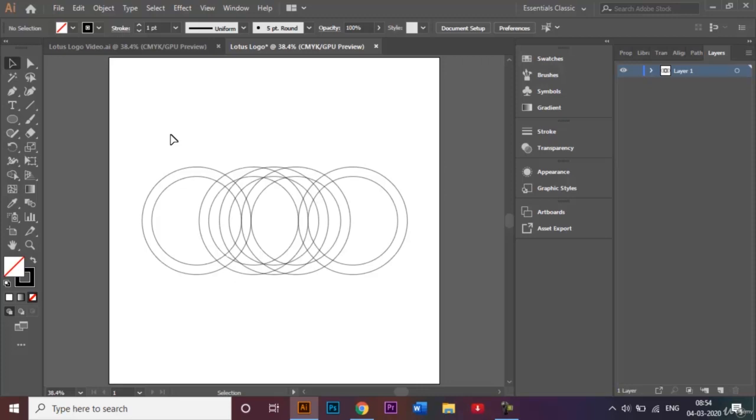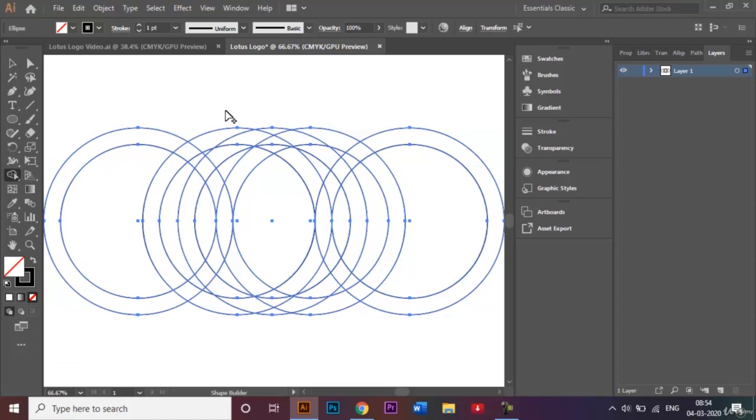These circles will be acting as a guide now. So what I'm going to do is select all these shapes and come over here to this shape builder tool. The shortcut key is Shift plus M. And I'll go ahead and also zoom in. Now I'll combine certain shapes together to make our Lotus logo. Right? So just click on